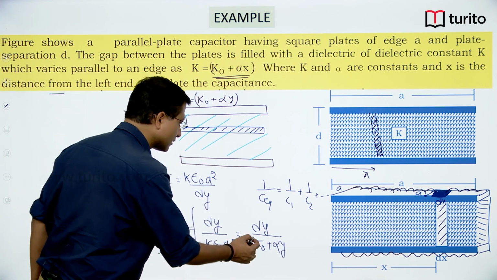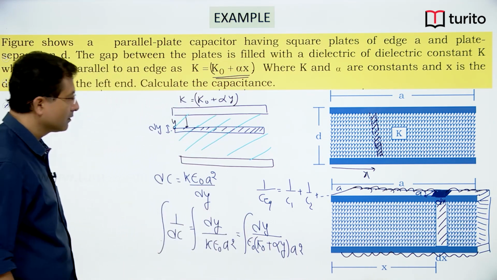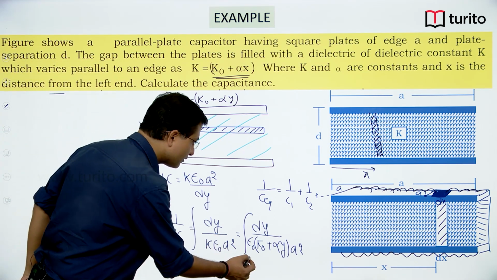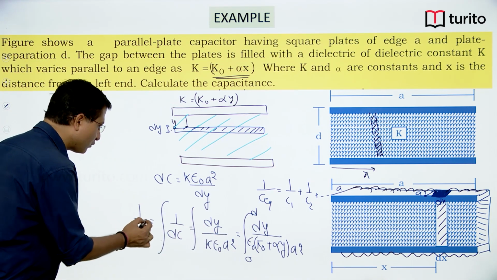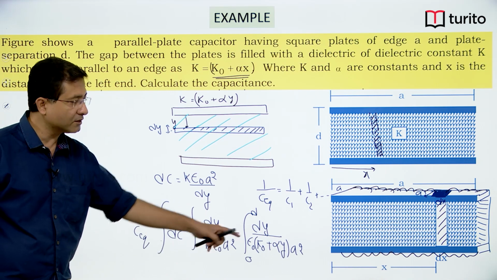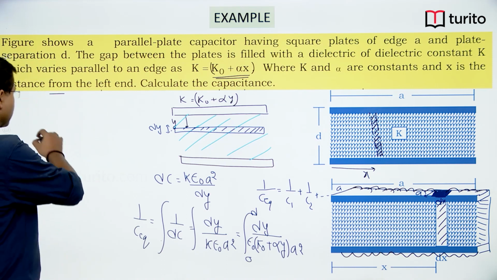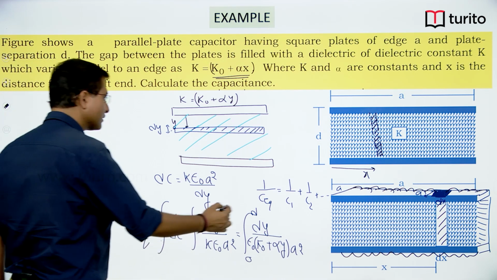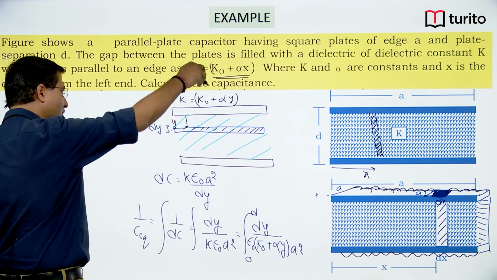A square epsilon naught comes out, and the limit, right. Limit is 0 to d. So, here limit will be 0 to d, and do remember after integration you are going to get 1 upon C equivalent, not C equivalent, 1 upon C equivalent. So, integration of this term will give you log, right. So, I will simplify it first. So, integration of this term, I will erase this part, all were in series,